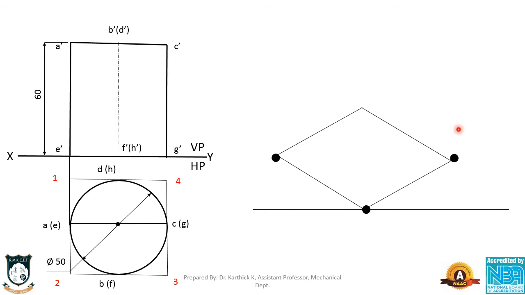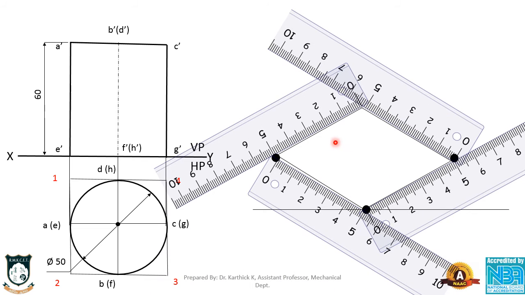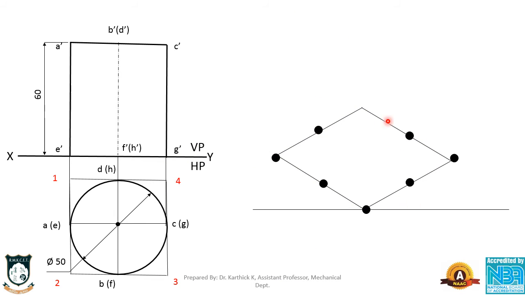The next step, we have to construct the circle. So in this video, we are following the 4 center method. To draw a circle using the 4 center method, we need to keep a point in the center of each line. So bring your scale. For each line you have to mark the center. At 25 mm you have to mark the center. So we got 4 centers.